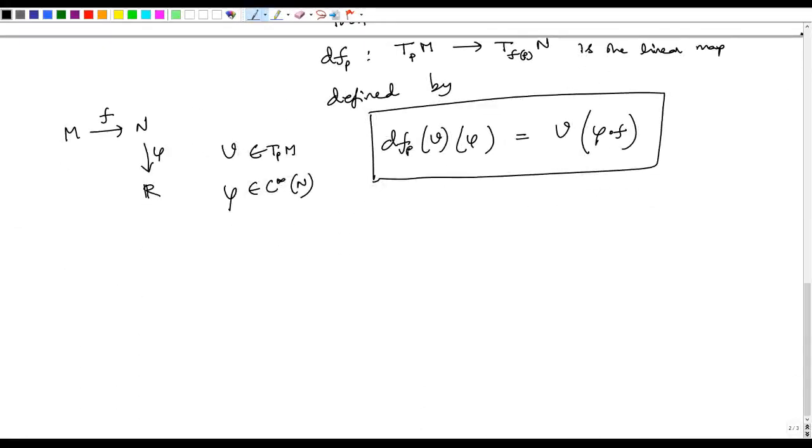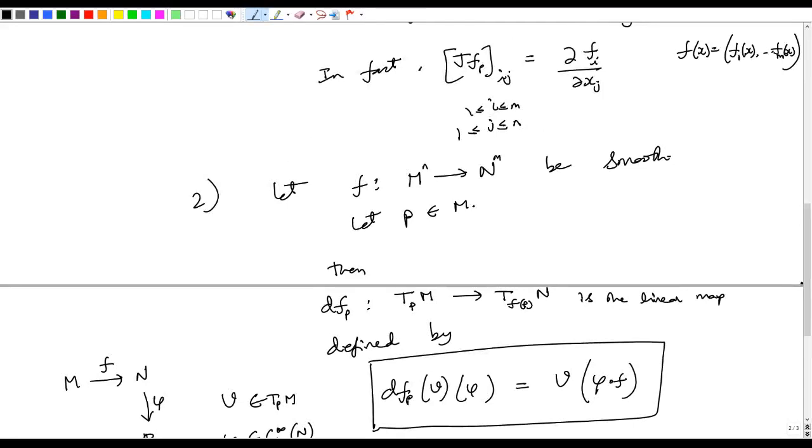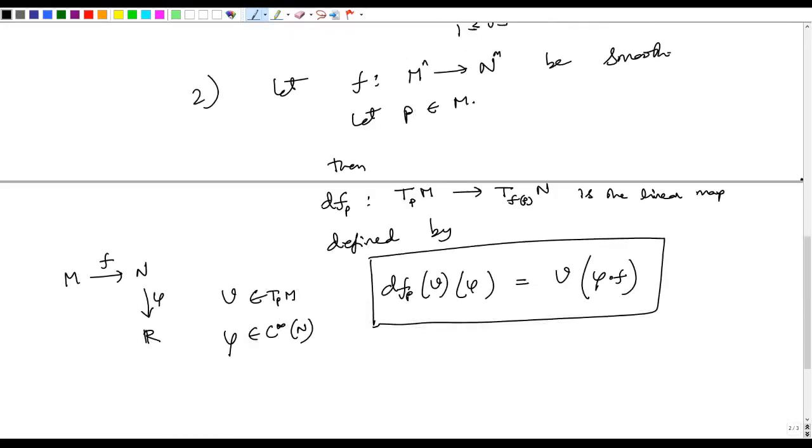Of course, we also saw that these two notions agree with each other when the underlying manifold, in the second case, if I take M to be Rn and N to be Rm, the key point is, in that case, I can identify TPM with Rn, and this with Rn. If we use that identification,